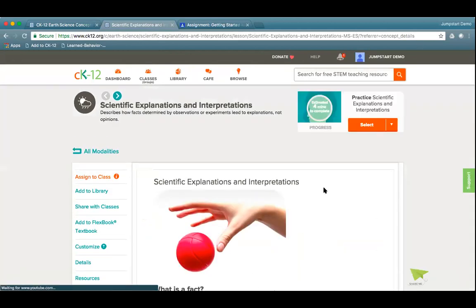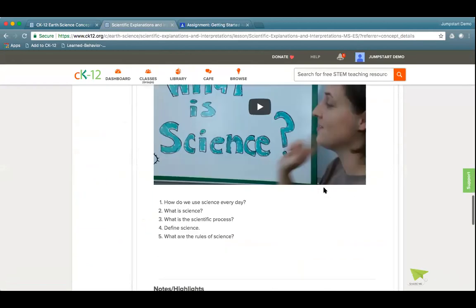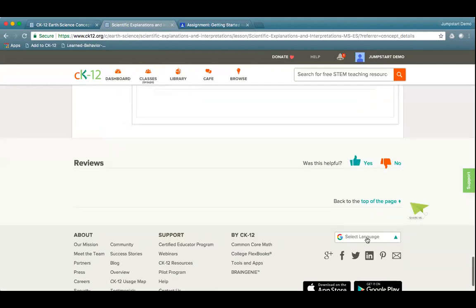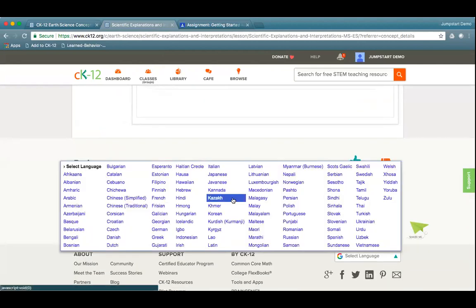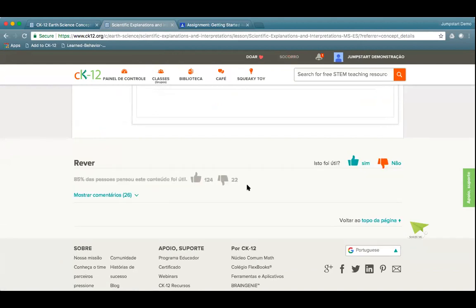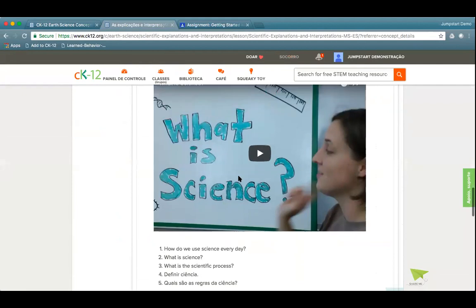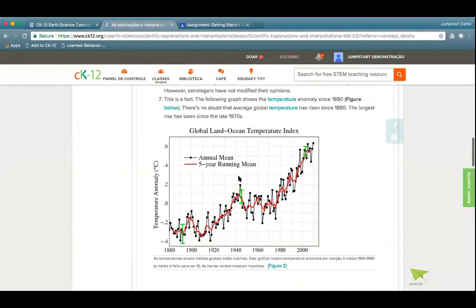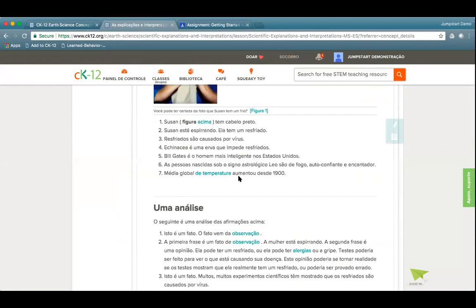We have this really cool feature. We embedded the Google Translate option, and it is not a perfect translation, but you could change your language. So let's say I was in a class where students were speaking Portuguese, and that changes the page and it changes the text. And we've had some kids where they'll have one version of the text on their phone in their primary language and another on their screen in English, so that they can match and say, oh, this is what this is saying, and then they learn English, and then they work their way through that as well.